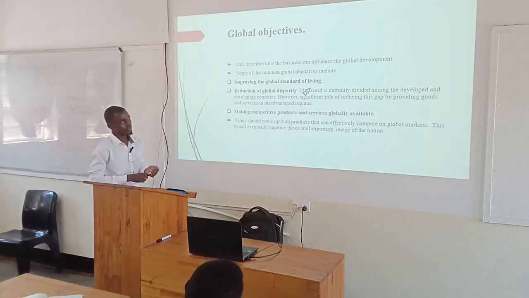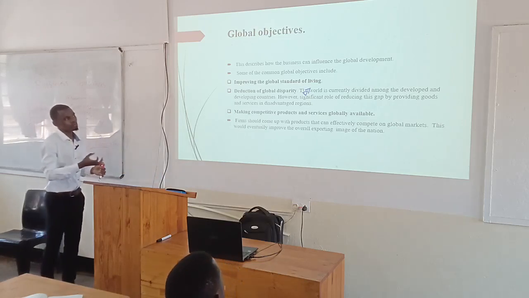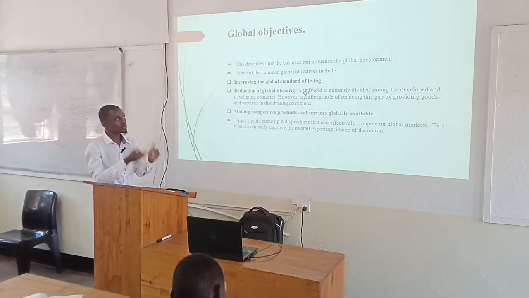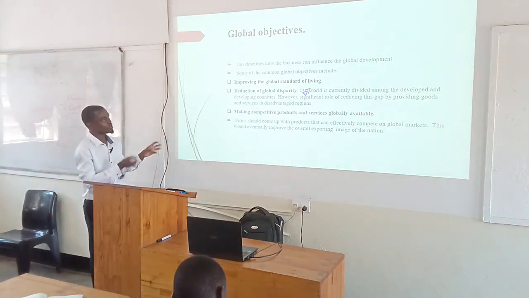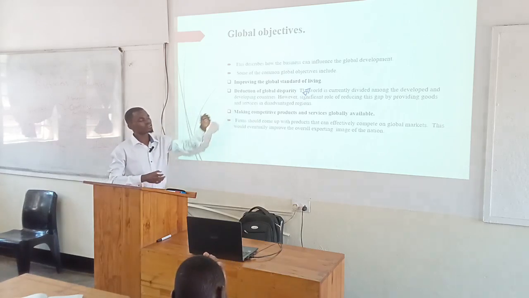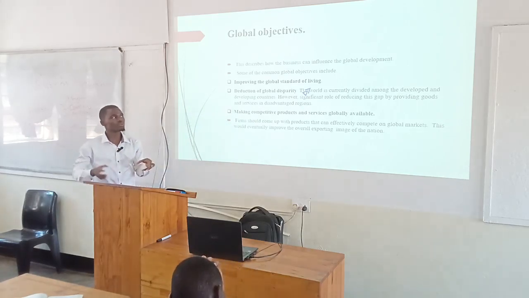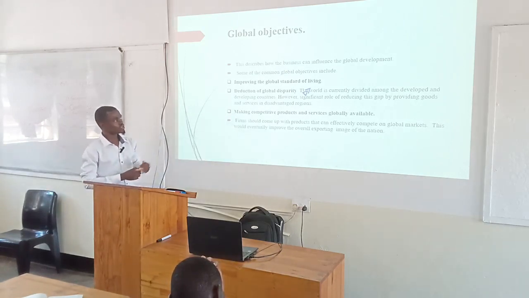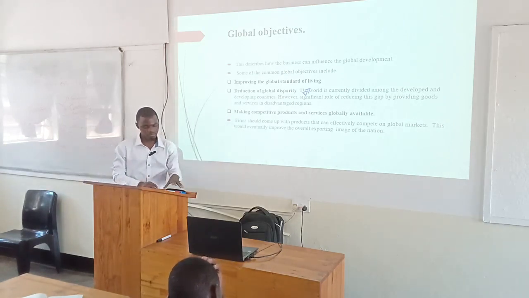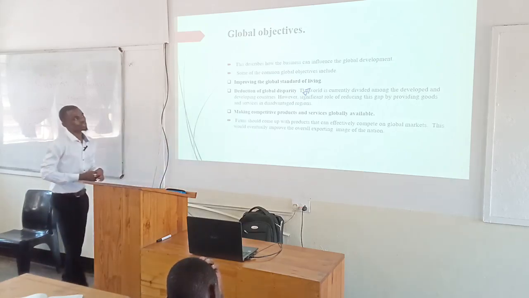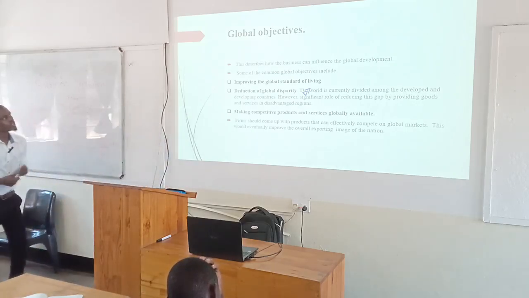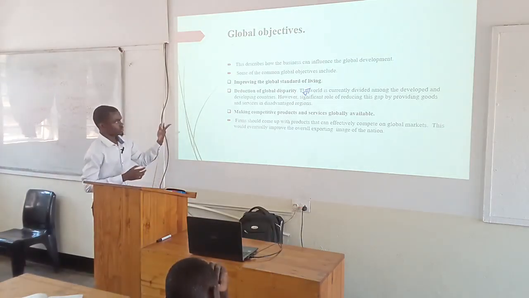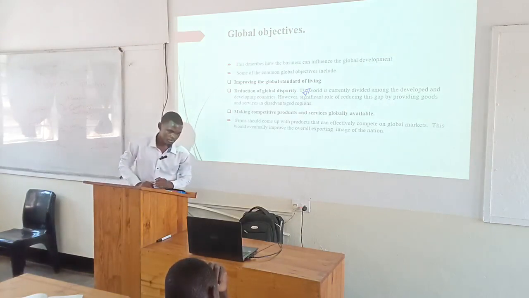and the US. In this case, Malawians who are poor and who don't have the capacity to produce the products by themselves are able to access the products that are made in the US. So that means the gap is being reduced between the richest and the poorest. And by doing that, the organization is contributing to the overall development of the whole world. So that's the reduction of global disparities.